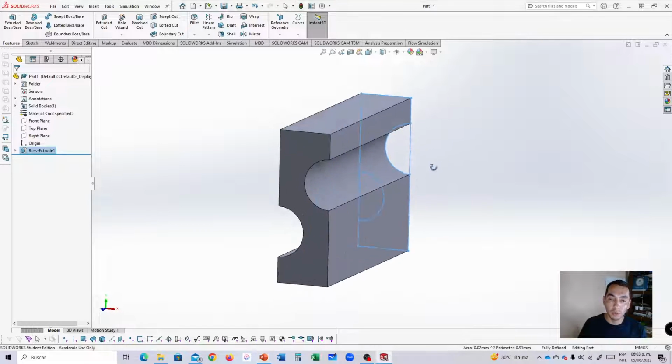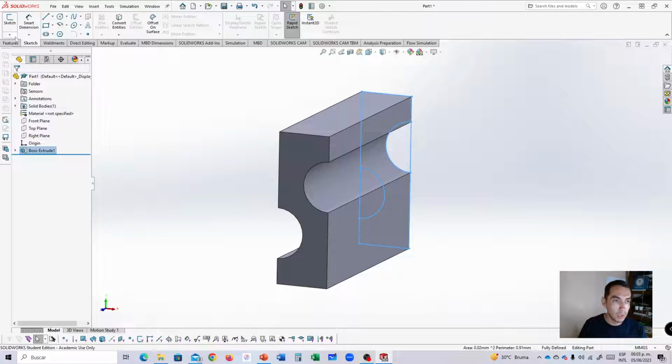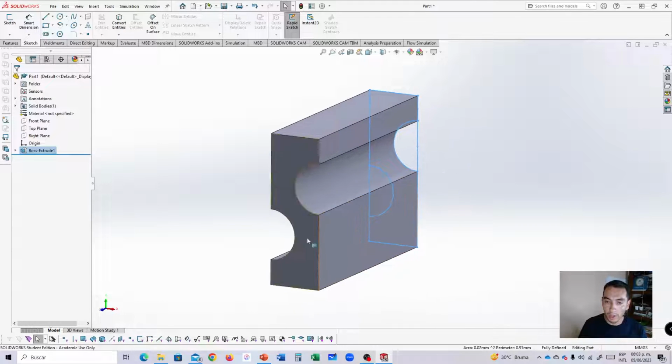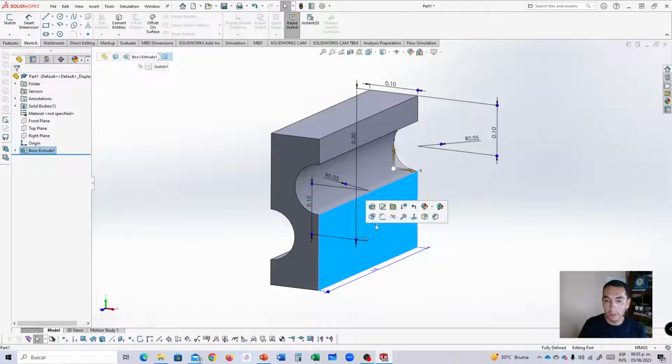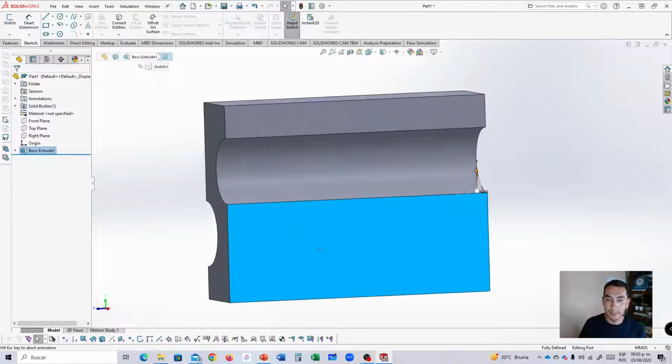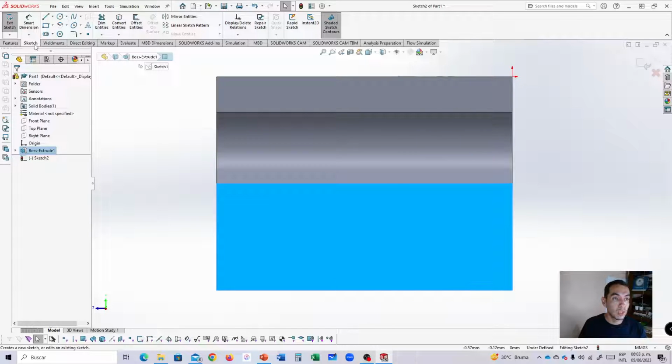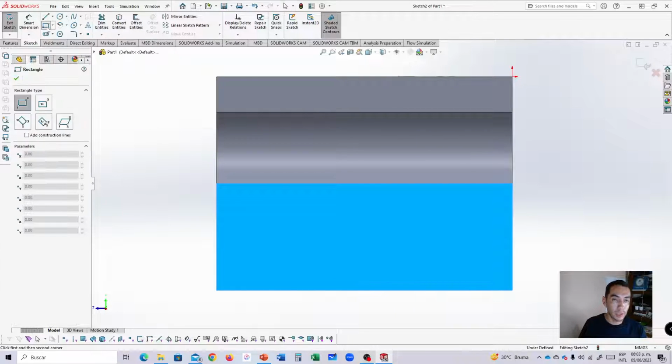Okay, so in order to create lids for this inlet and outlet pipes, we are going to create a physical wall in this side. So what we are going to do is to make sure that we are out of any sketch, and we are going to begin drawing a sketch on this face. So I'm going to click here in any point, and I'm going to select a sketch from the box that pops up. Okay, I'm going to click sketch, and I'm going to select from the sketch menu the corner rectangle,